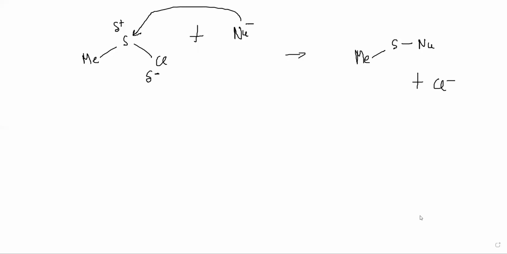The next one is... Sir, why can't it be the methyl group? Because sulfur is more electronegative than carbon. Correct, sulfur is more electronegative, but chlorine is much more electronegative. So this S-Cl bond is itself polarized, right? The comparison is between sulfur and chlorine. So I would say chlorine is more electronegative, minus here and plus here, right?